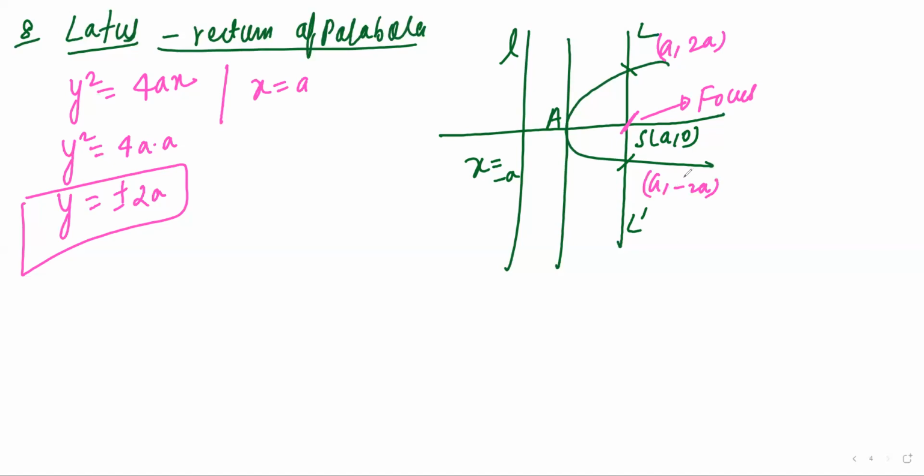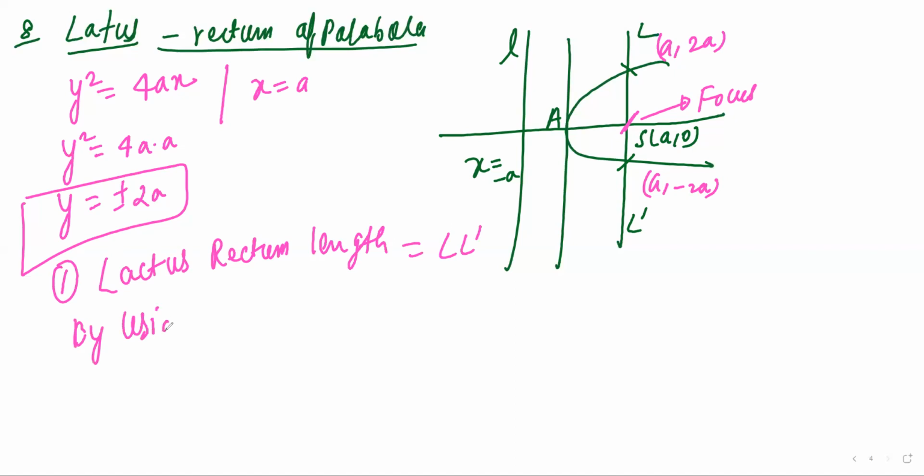right. So the length of the latus rectum will be LL dash. So you have to find the length of the latus rectum, that is LL dash, right. By using the distance formula, you can find the length of that. The latus rectum will be under root of,